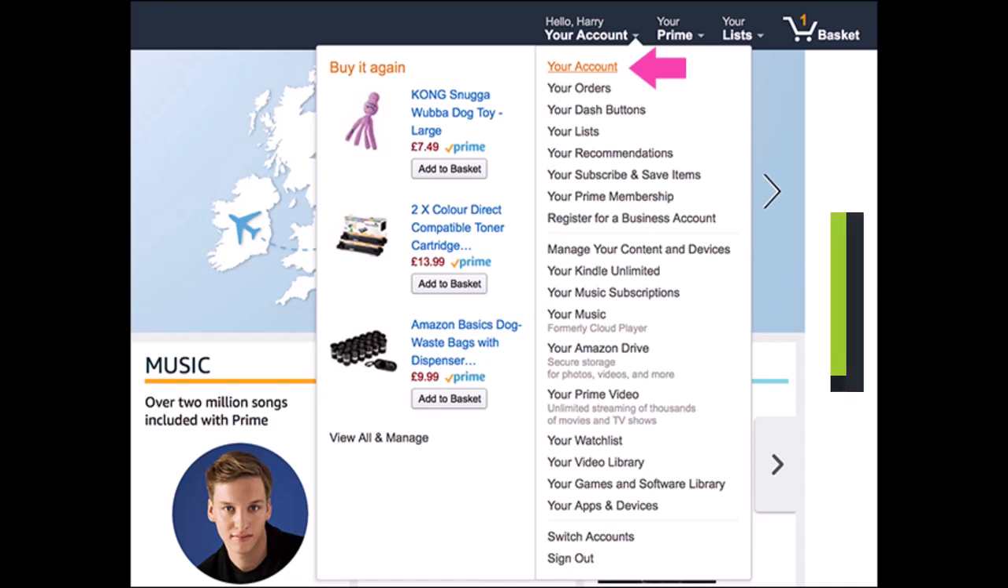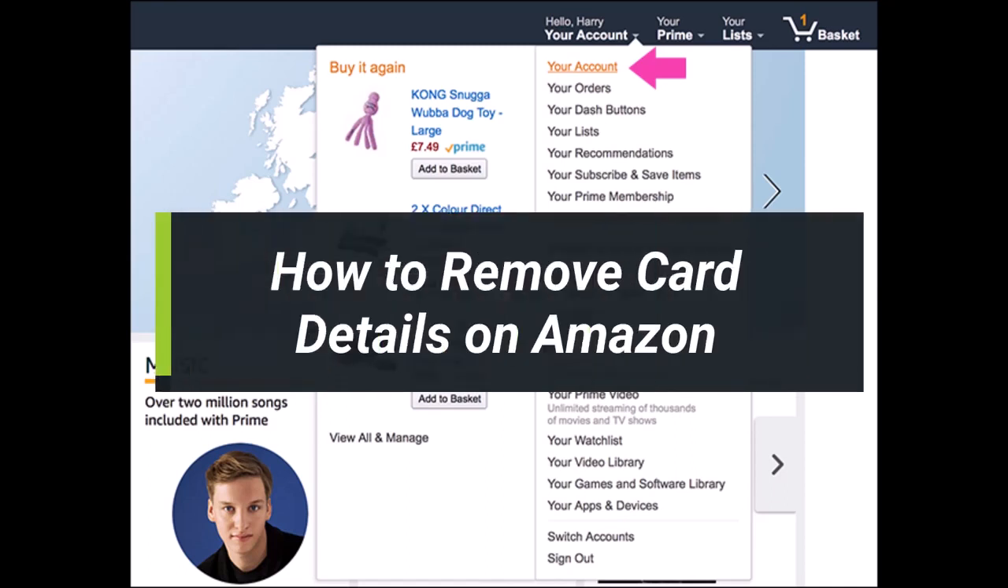How to remove your card details on Amazon, or how you can add a new payment method and remove the